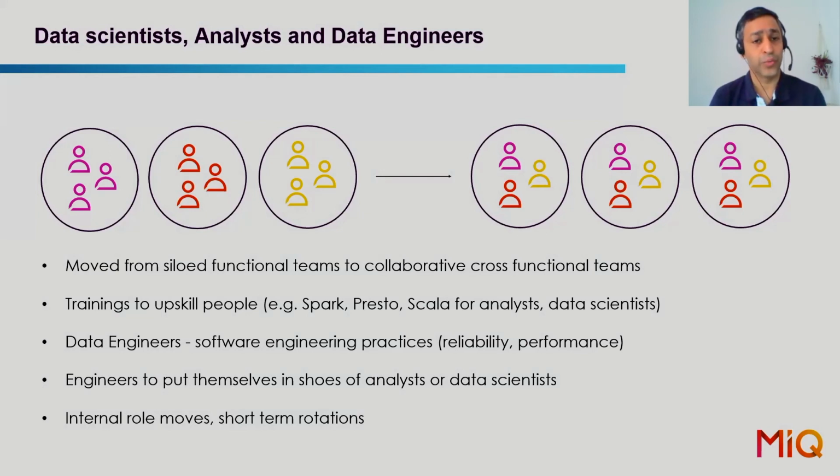And in the early stages, we operated our team structure more in siloed functional teams, right? But then when we moved them to more cross-functional collaborative teams, we felt it worked much better, right? We were able to leverage each of these functions and roles for their areas of expertise, but also enable strong knowledge sharing, best practices, upskilling, right? We were able to train our analysts and data scientists in some of the new technologies fairly quickly, get them to understand some of the best practices, whilst having the data engineers as part of these teams, ensuring that they are owning